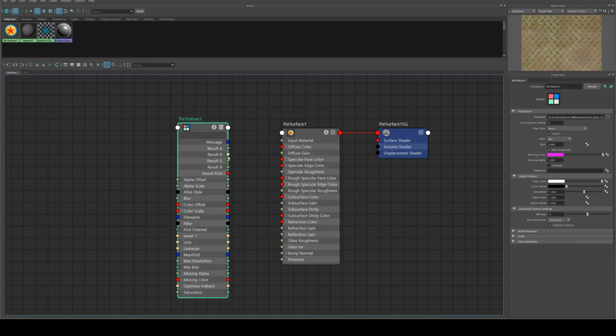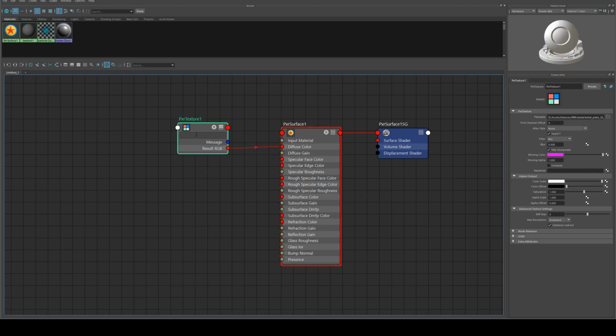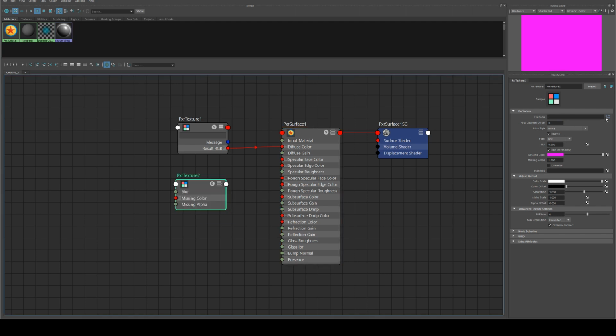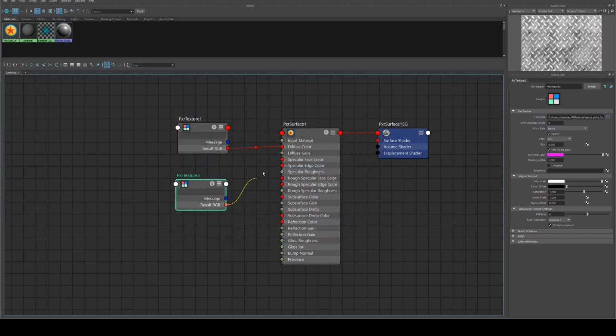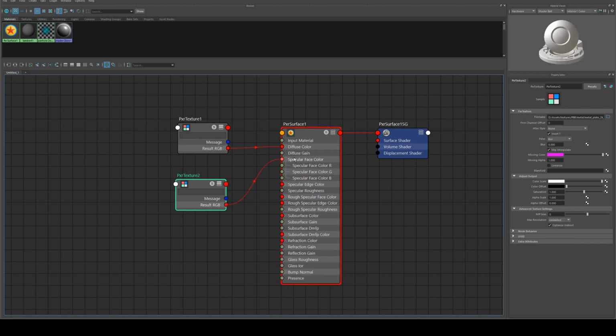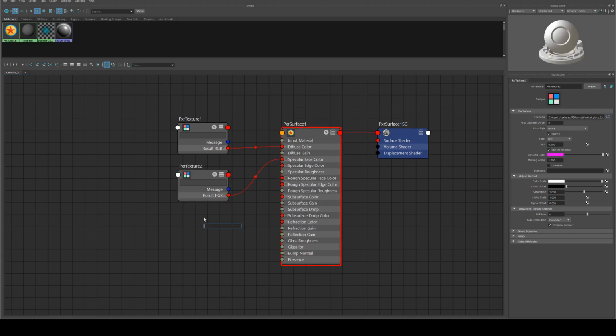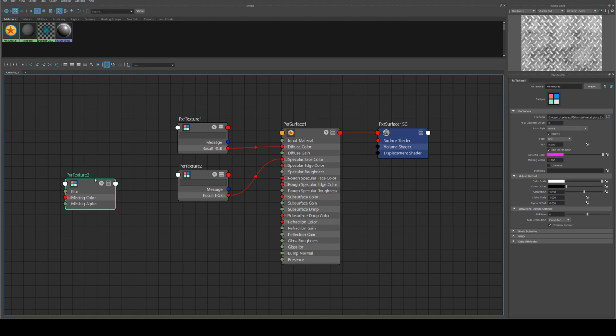So the first thing, our diffuse, I'm just going to select that node and open it up with 3, and then we're going to run the result RGB into the diffuse color. Then I can shrink this back down by selecting and hitting 2. Then we're going to create another PXR texture node, and we're going to open the specular face color, which will here be known as specular or just spec. We'll run the specular into the specular face color, and then again we can actually just Control D on that,